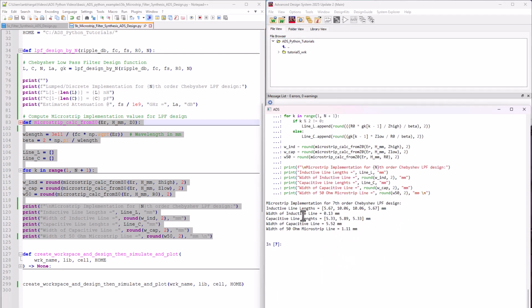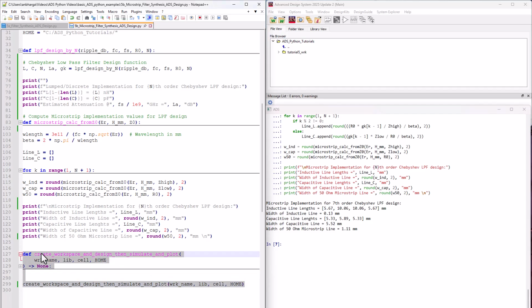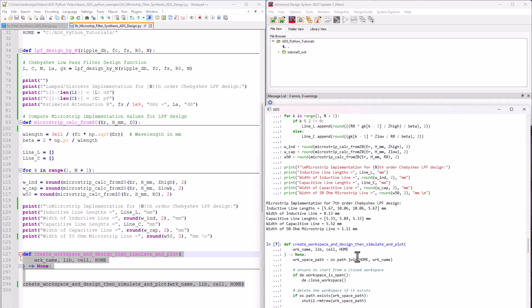And here you can see we have the inductive section line lengths, we have the width of the inductive line, we have capacitive section widths, and the capacitive section line lengths, so both of them, and then the 50 ohm width for the input and output at the given dielectric we are going to use. Now once we have all these inputs, we know the topology we would like to implement, we have the parameter values. Now the job is pretty simple, which is again to create the workspace library and your circuit design, and then simply simulate it. So let me go ahead and execute this function,